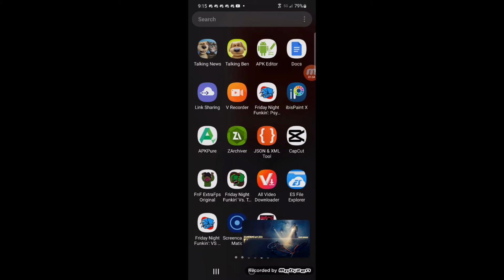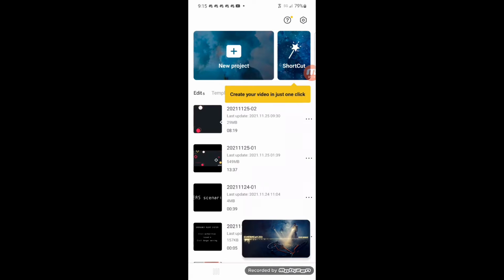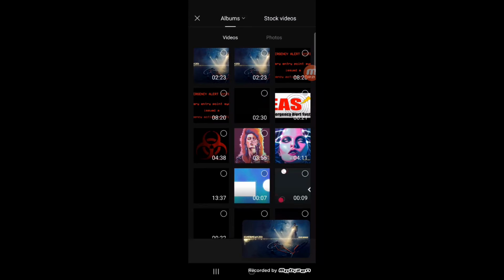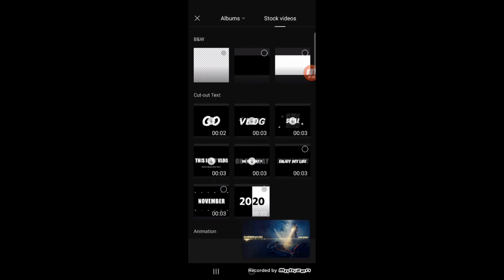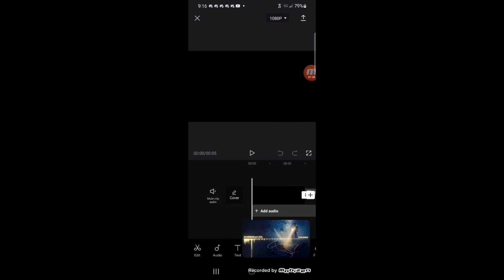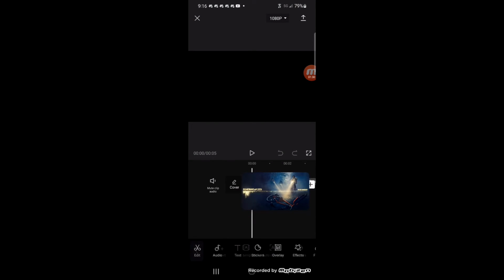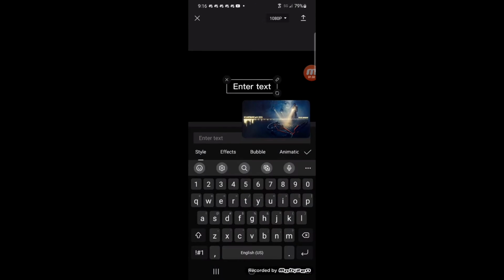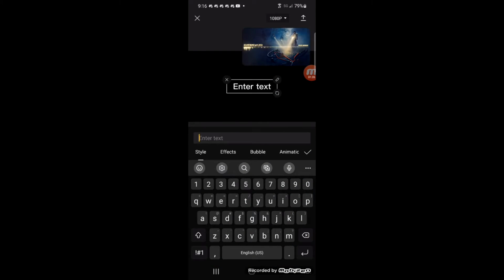Okay, next, you want to open Power Director. If you want, KineMaster, or if you would like CapCut, but I would highly advise you to go into CapCut, because that's what every EAS creator knows.